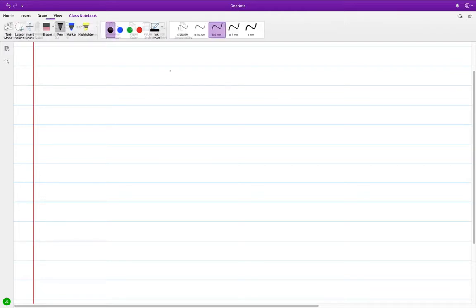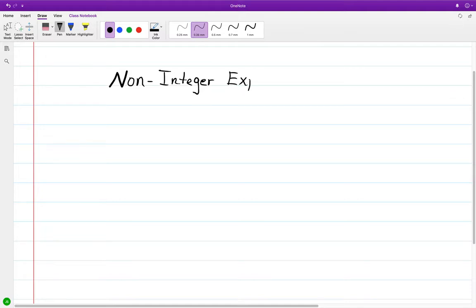Okay, what we will be looking into will be non-integer exponents and radicals. We're fresh off of looking into integer exponents. Now, in terms of translating what we have in the case of non-integer exponents and putting it in the context of radicals,